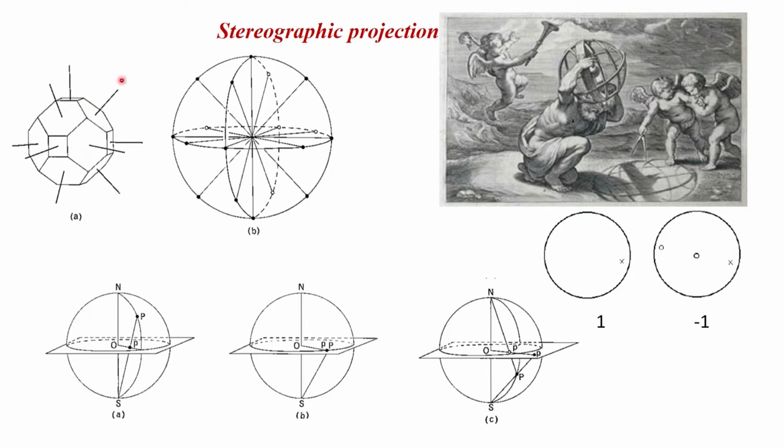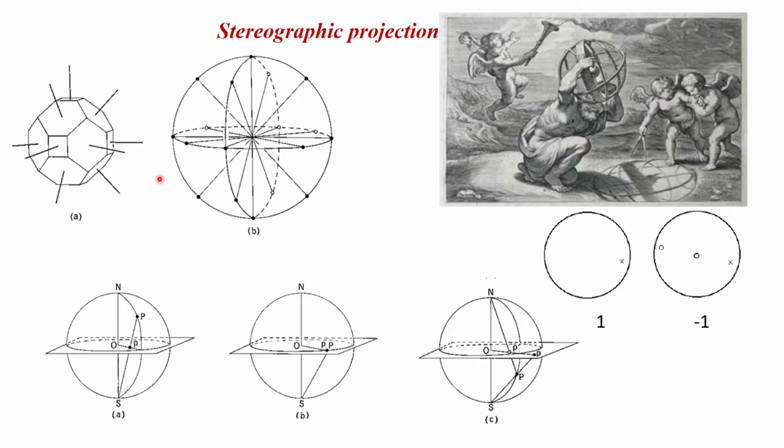Why do we represent the radial symmetry? Because the radial symmetry is the one which is most common with respect to spherical objects. For example, if you put a center here, all the symmetry elements now associated with this particular sphere can be along the radial directions. So if the crystal has a certain symmetry, the external morphology has a certain symmetry, that symmetry can be fitted inside this stereographic projection.